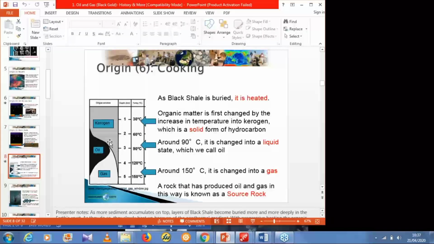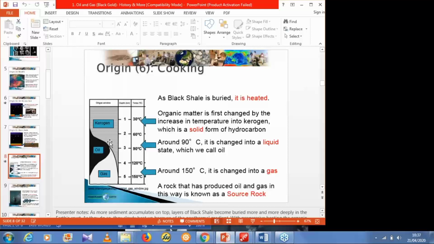Now, at our stage, the black shale is buried and it is heated, as I said earlier, and it experiences a lot of high temperature. When black shale is buried, it gets heated. Now, what happens is this: within the range of temperature of about 30 degrees Celsius, organic matter that is formed